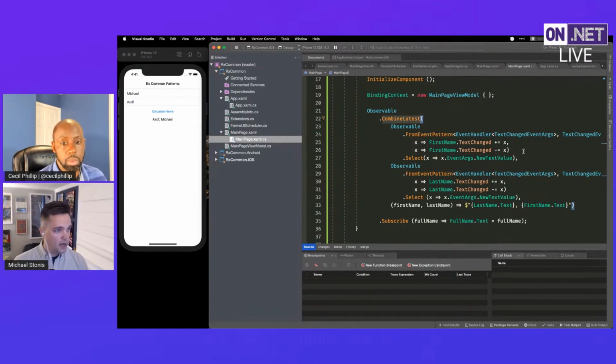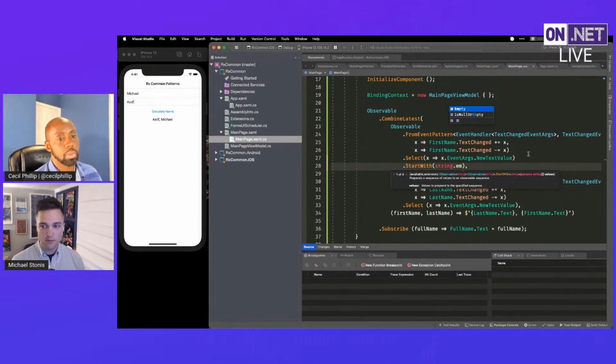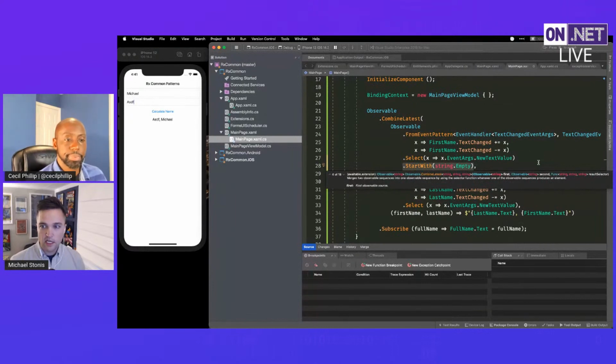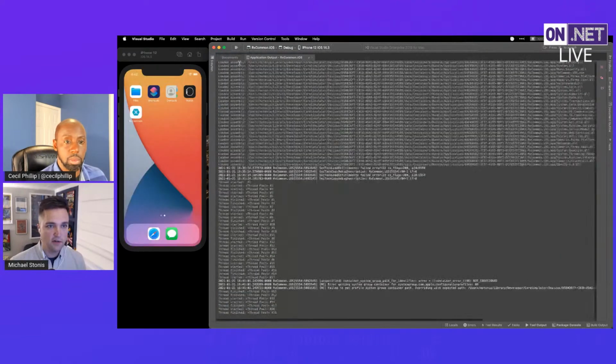There's a way to get around this. They've kind of thought of everything in the Reactive Extensions world. In this case, what we might want to do is something like a StartWith. You could think of this as a pre-primed value for our observable. So I might just say StartWith string.Empty, right? Even if my event never fires off here, I've got a default starting value. Because it's not guaranteed that anybody's ever going to type in that first name or last name, we're just going to give it a placeholder value to start this off. And once again, if I just run this here,